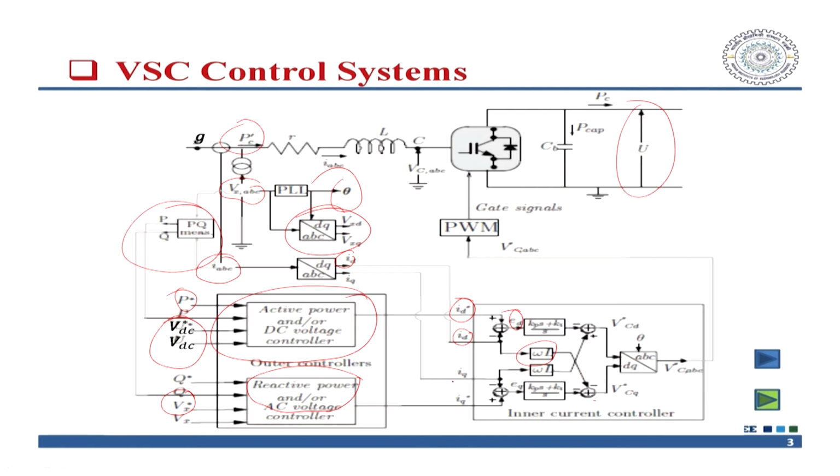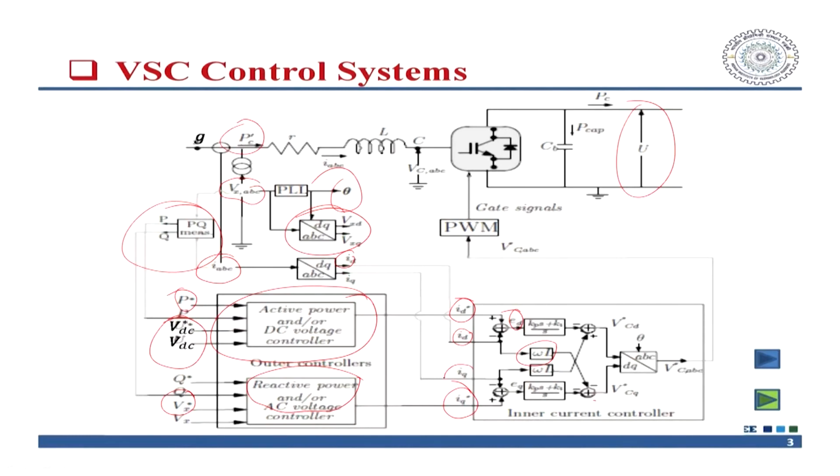And similarly, this Q reference, what has been generated from the voltage sags and the reactive power compensation, Q star, will be subtracted from the IQ, and again it will be multiplied by omega L, and that will be added up. With that, ultimately this will be the VCD, the reference voltage for the after compensations.